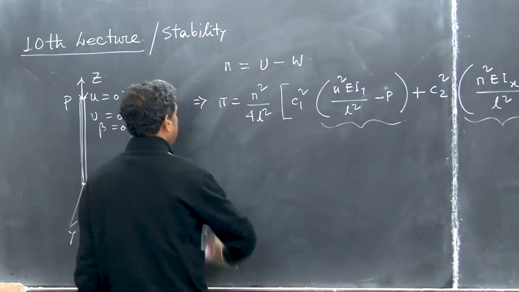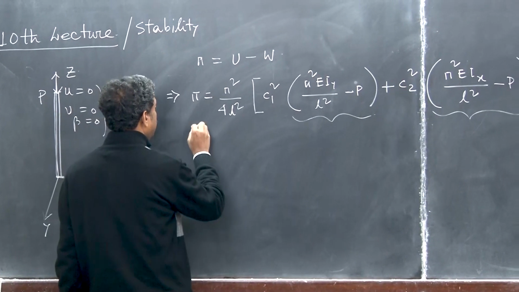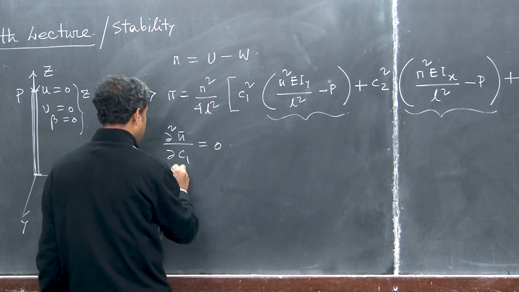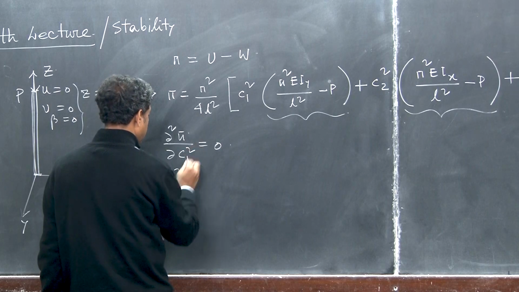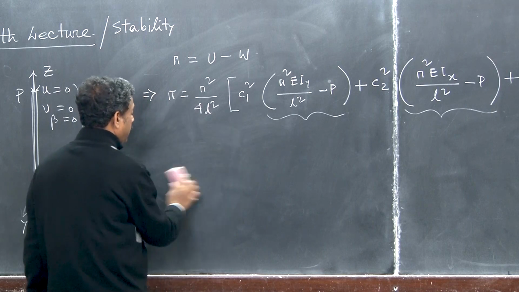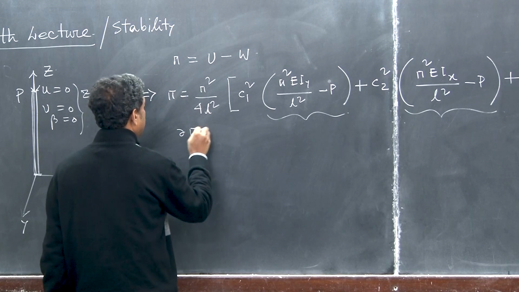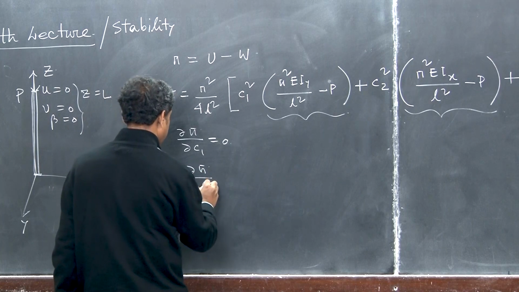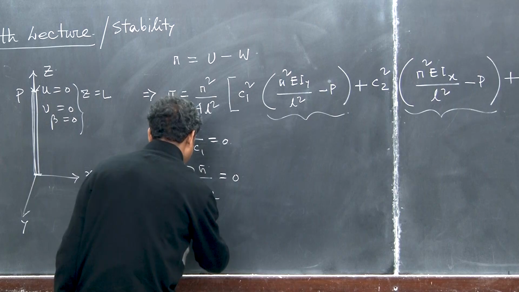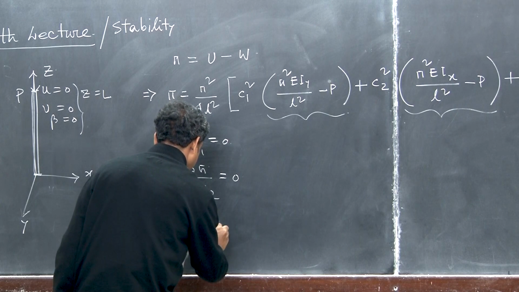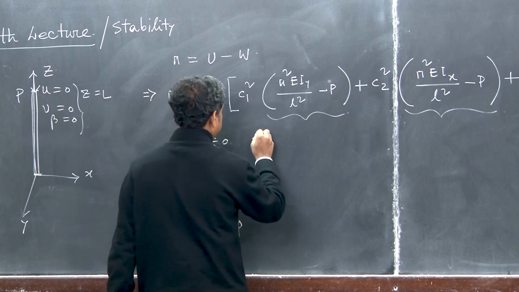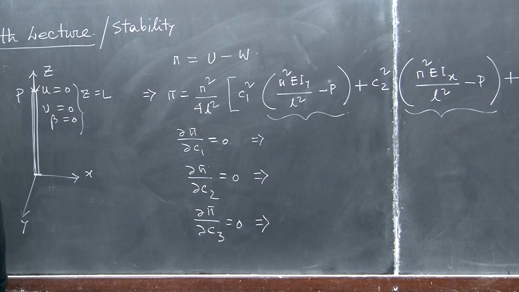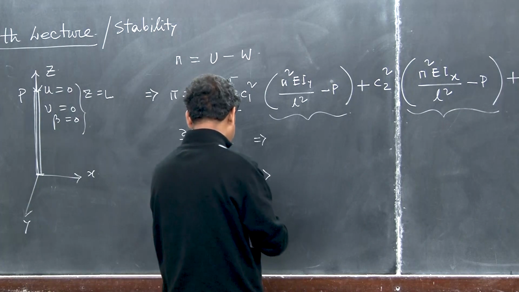So we'll do energy minimization. Del pi by del C1 is equal to 0 will give one equation, del pi by del C2 is equal to 0, del pi by del C3 is equal to 0, for C1, C2, C3. So then if you do